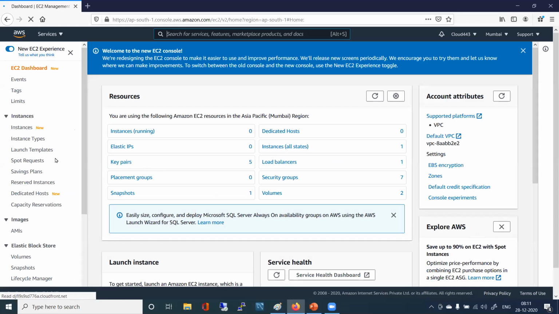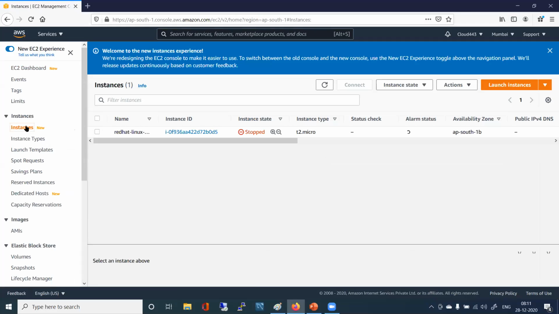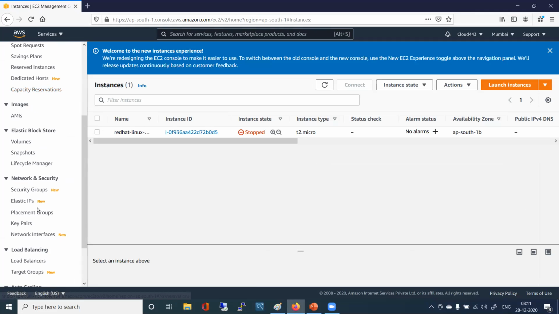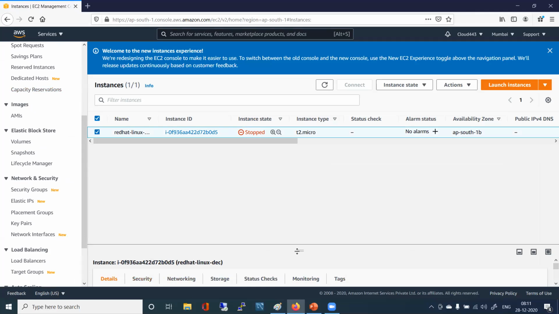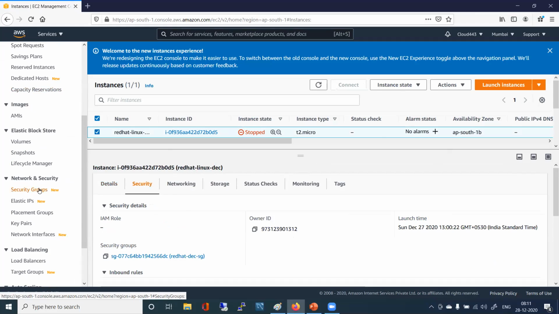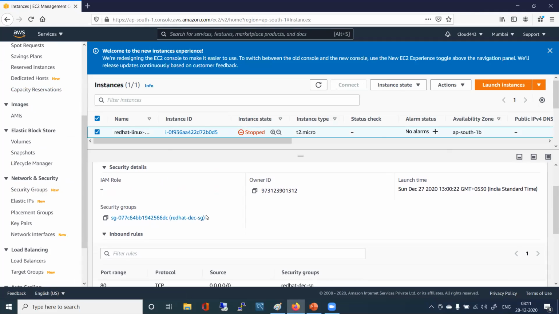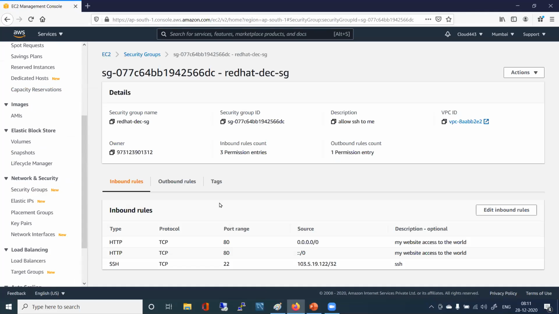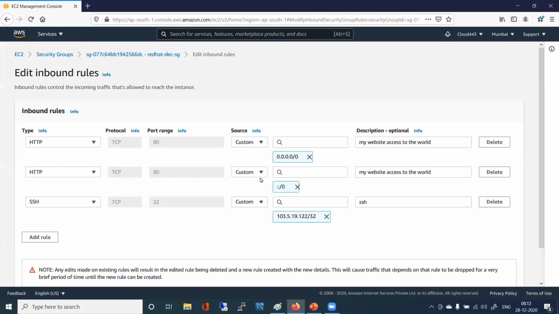You see, EC2, where is that option? Security group. Tell me. We have this EC2 instance. Security. Here also you have a security group, right? So in the security group, this is my security group. In the inbound rules, you have certain rules. You go and say edit inbound rules, right? And here there is custom HTTP, SSH is there. So if I go there and change it to Anywhere,